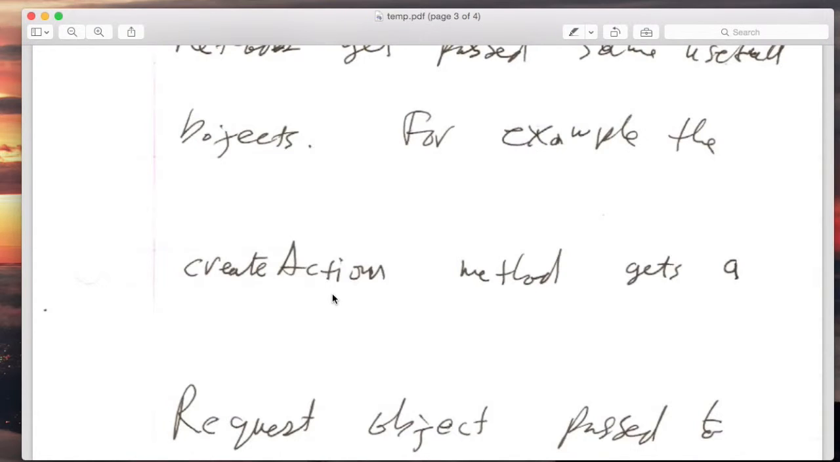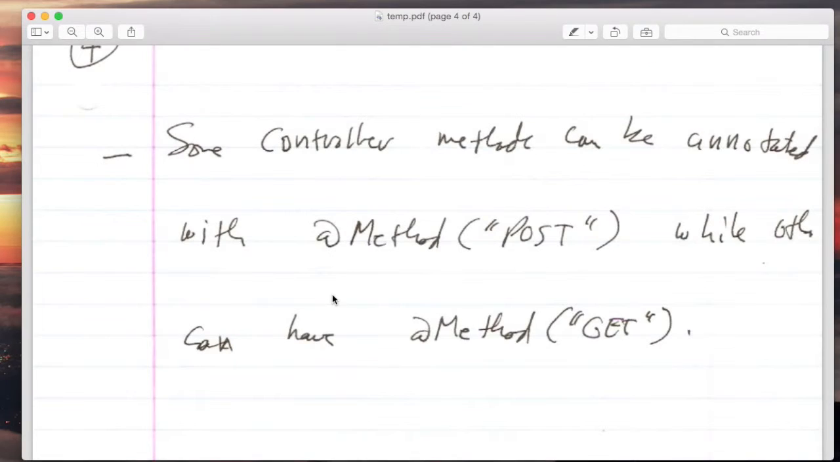The createAction is usually called by a POST request rather than a GET request. So there is some form data that is coming in with the request. Some controller methods can be annotated with the @method POST, while others can have the @method GET. That signifies or configures the expected method for the request that relates to that particular function or method for the